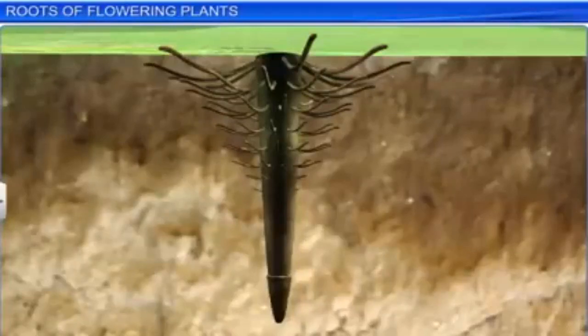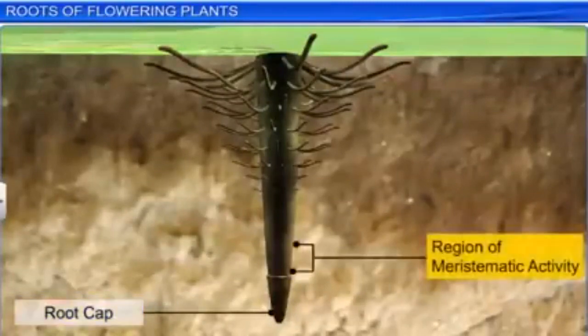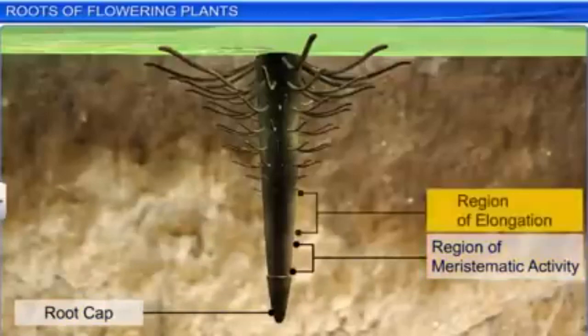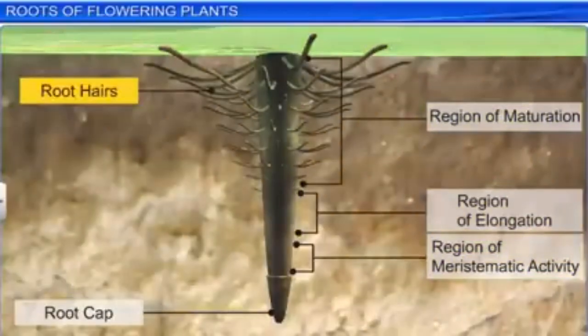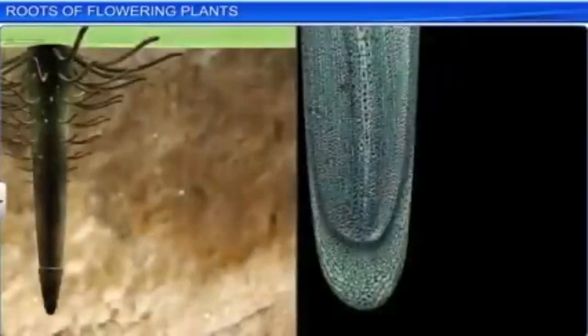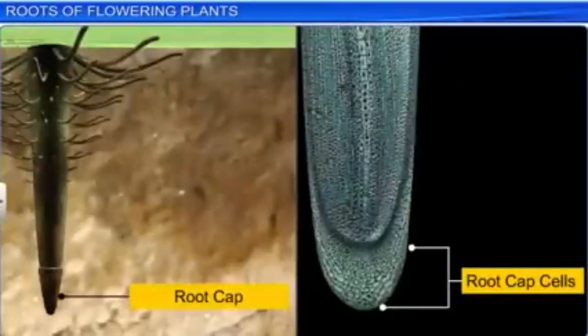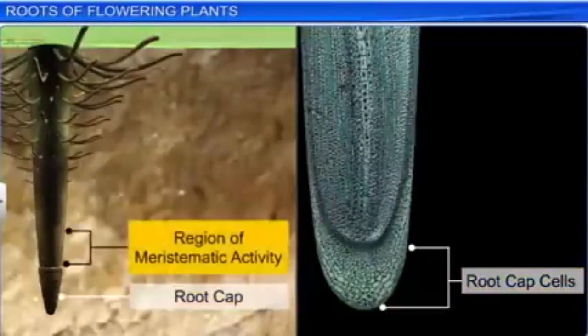From the tip upwards, a root has a root cap, a region of meristematic activity, a region of elongation, and a region of maturation along with root hairs. The root cap is a sheath of cells present at the tip of the root that protects the root while entering the soil. The region of meristematic activity is just above the root cap,